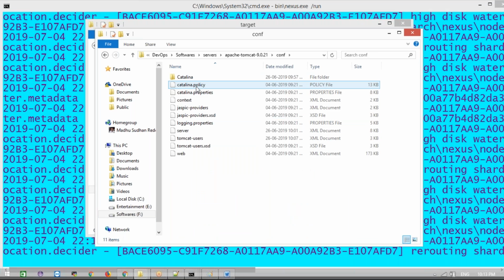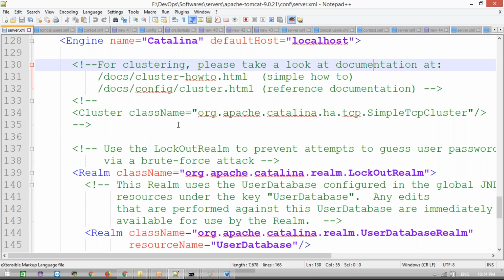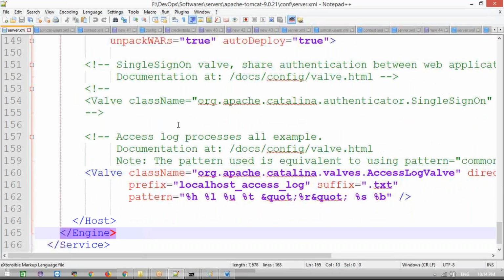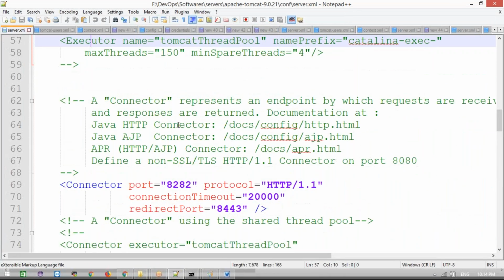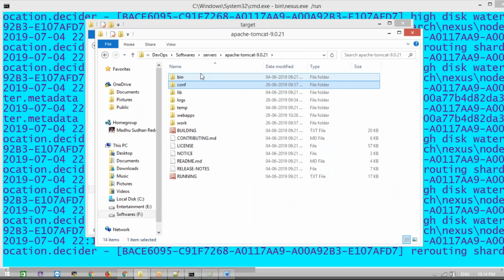I need to check here. This server I used to run. Usually I need to run this server.